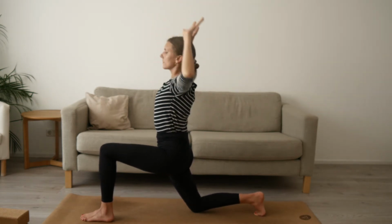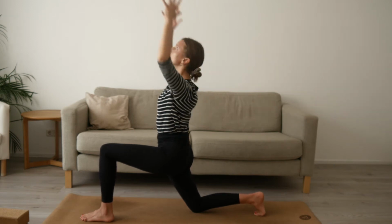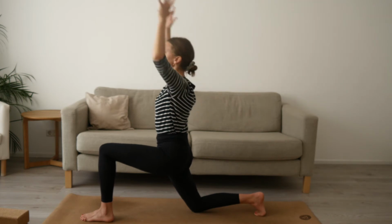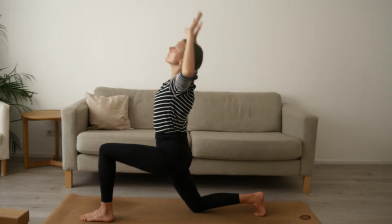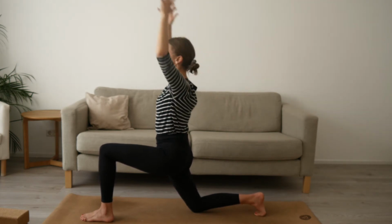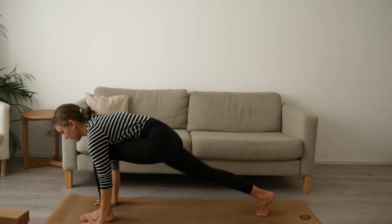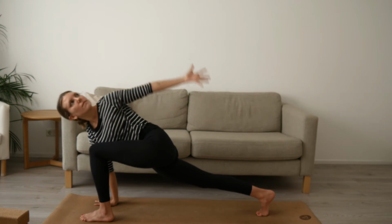Inhale, lift up your arms. Exhale, squeeze your shoulder blades together behind your back. Repeat: inhale, lift up your arms, and exhale, squeeze your shoulder blades together behind your back. Inhale here, and exhale, lift up your right knee, optional, and go for a big arm circle with your left